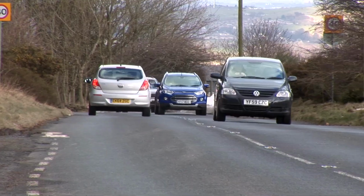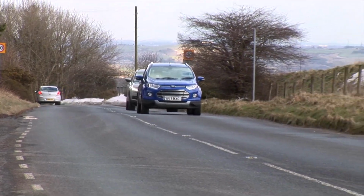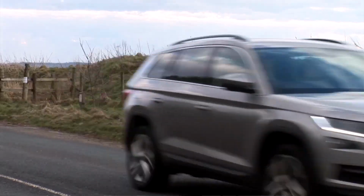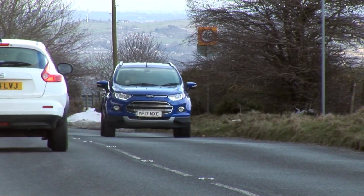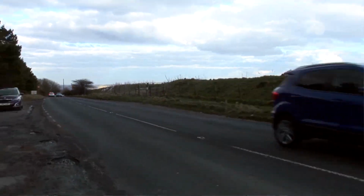And I never noticed anything like that with a Fiesta. It's done shy of, let's say, 7,000 miles, and it feels exactly the same to drive as the day I drove it away. So that's a good thing. Nothing's changed that way, but I still get that niggly feeling that maybe years down the line it's going to have its little grumbles. So in driving,